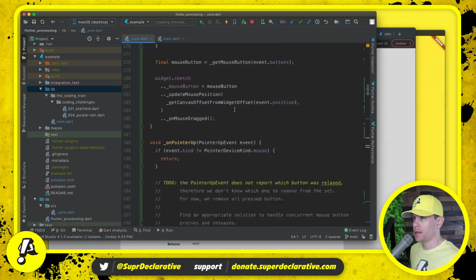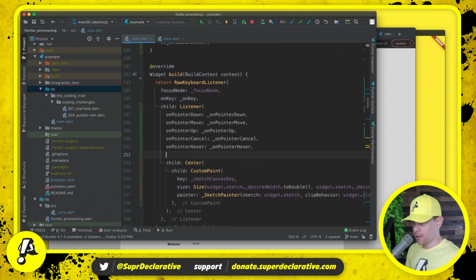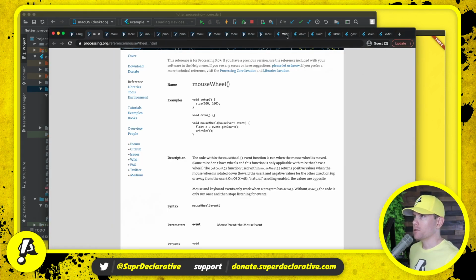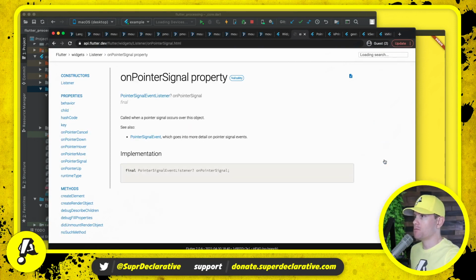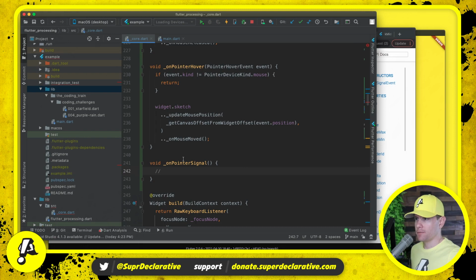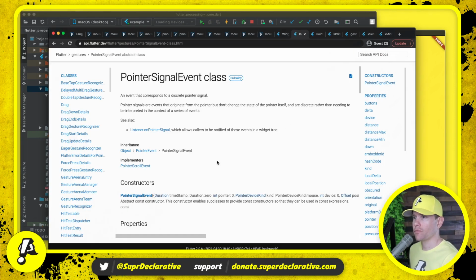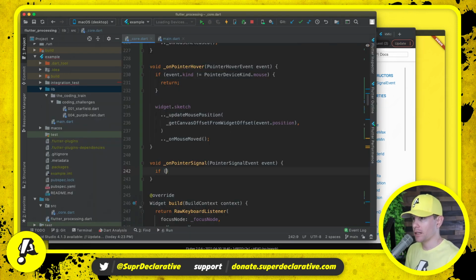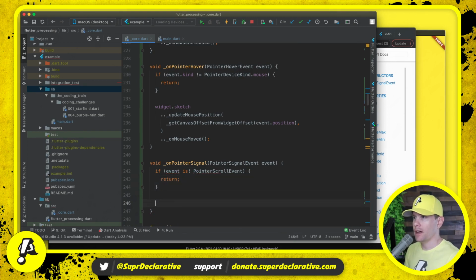Let's come back up here to our widget. And you may have seen that there was one method I think that we didn't use, onPointerSignal. And this is the one that's going to give us the wheel. And let me go remind myself what the event is that's passed in onPointerSignal. It's a PointerSignal event. Okay. And we only care if it's a pointer scroll event. I think that's the only one that exists anyway, but for future proof. If it's not a pointer scroll event, we're bailing out. If it is a pointer scroll event, then